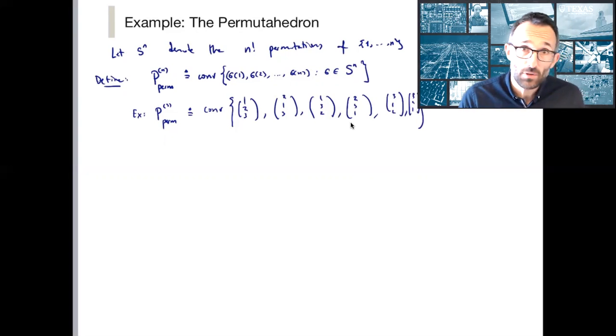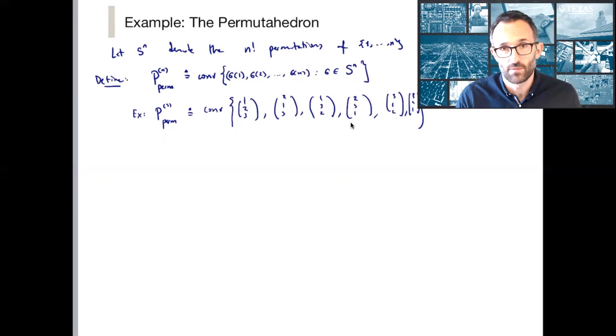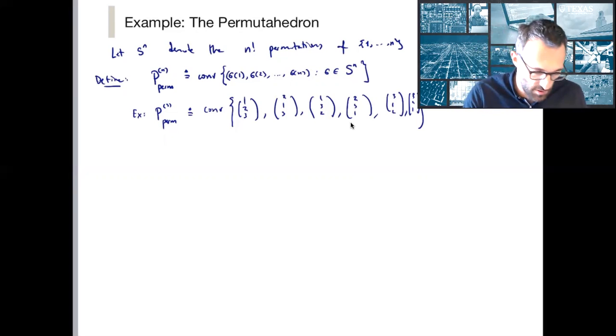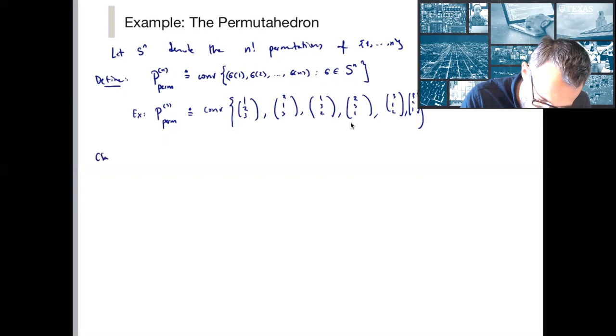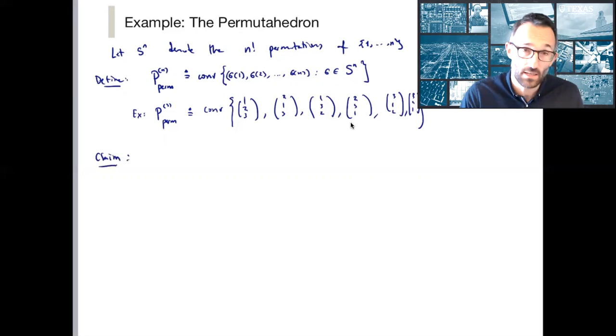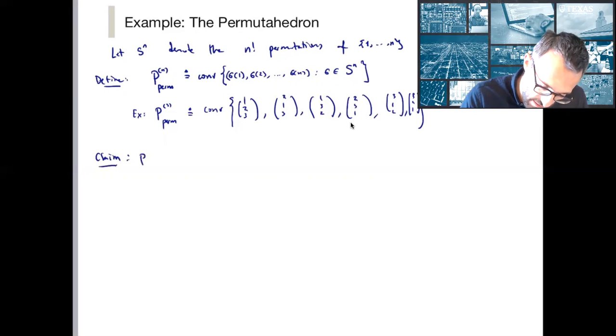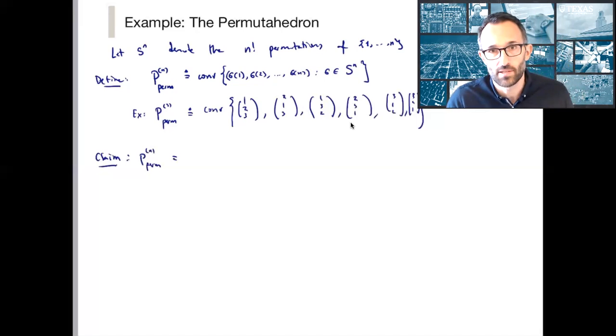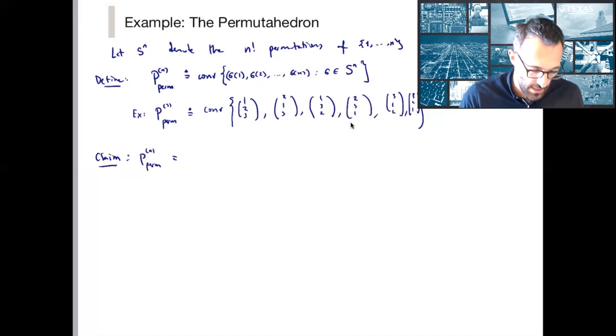So now we'll give a representation of it in terms of its facets, and we'll see that it requires an exponential number of facets. So a claim, which by itself is interesting, is that the Permutahedron, rather than expressing it as the convex hull of n factorial extreme points, it's equal to